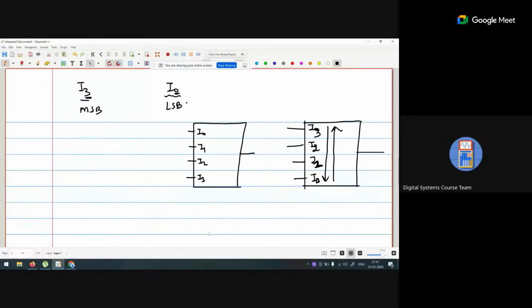Okay, so I represent as I3, I2, I1, I0, or I0, I1, I2, I3. Anyway, remember that I3 means it is MSB and I0 is LSB. Don't be confused with that one. Similarly,